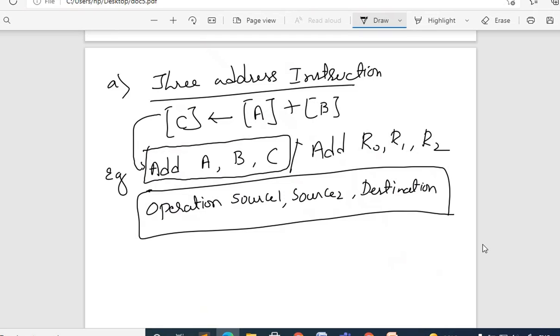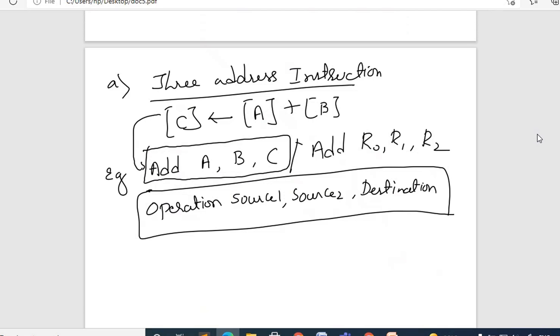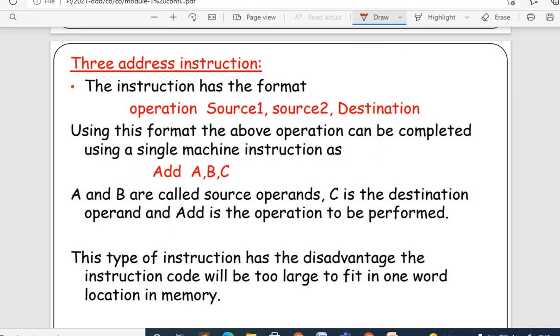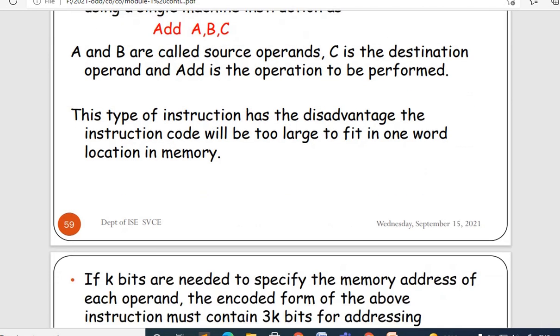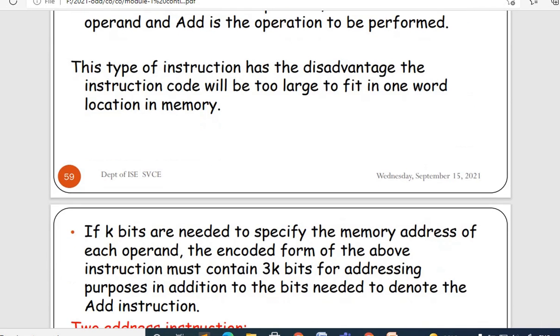Now what is the problem? Why are we not using 3 address instruction? If you recall, in the previous video I used an example where I considered only 2 operands. That is why we are using only 2 operand instructions most of the time. 3 address instruction has a disadvantage: the instruction code will be too large to fit in one word location of memory.